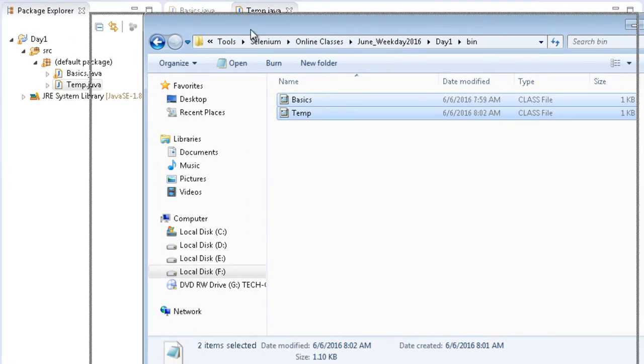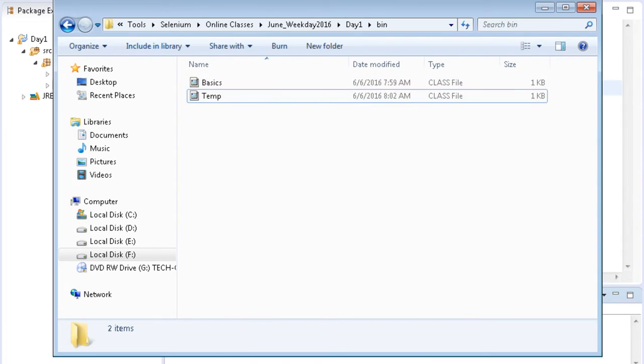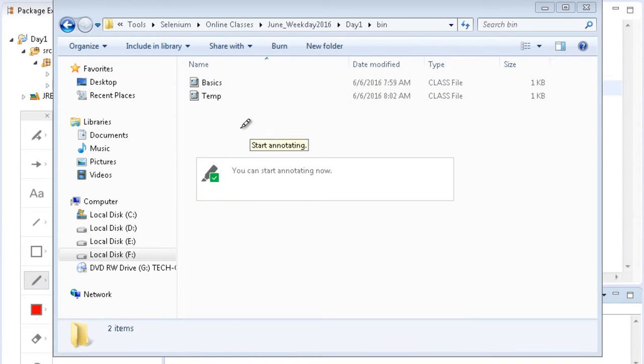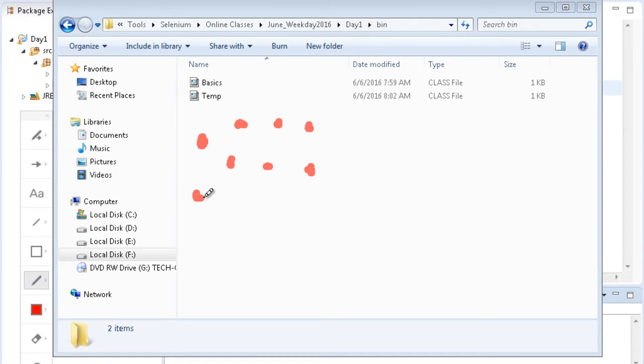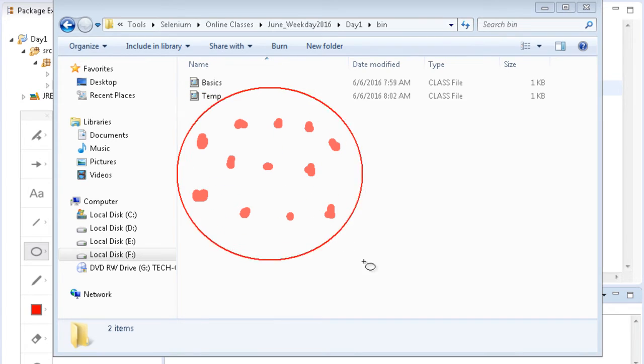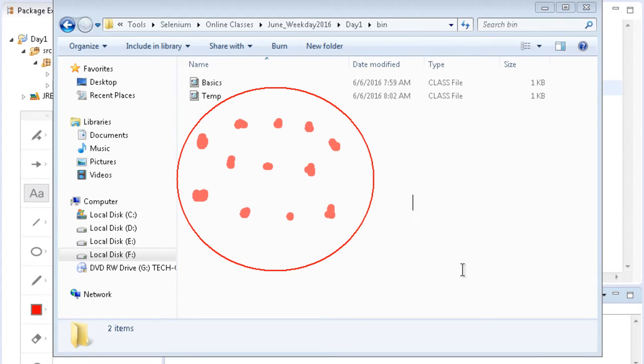You can deliver these to your client. What happens is that in a project there are many class files which get generated, and you have to deliver all these class files to the client. So what we do is bundle all these class files in a single file. That single file is known as a jar file. A jar file is nothing but a collection of many class files, and you just give the client a single jar file having all the classes.